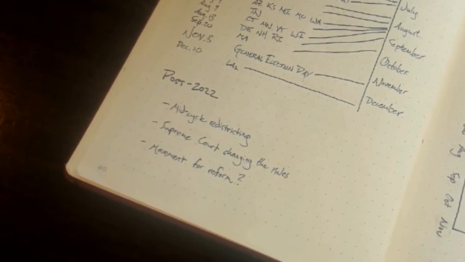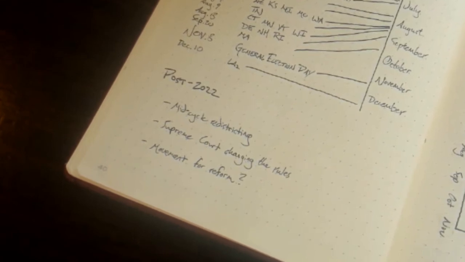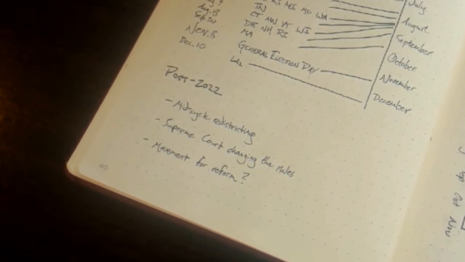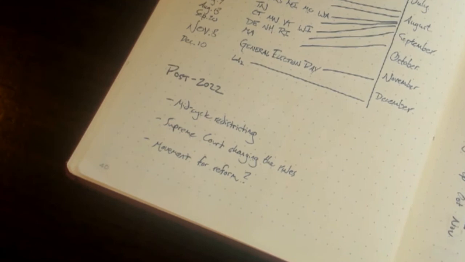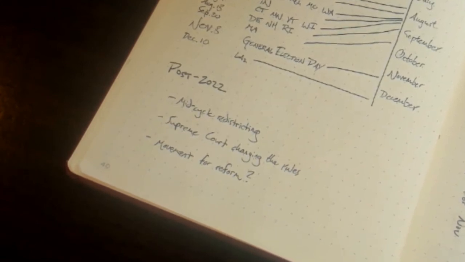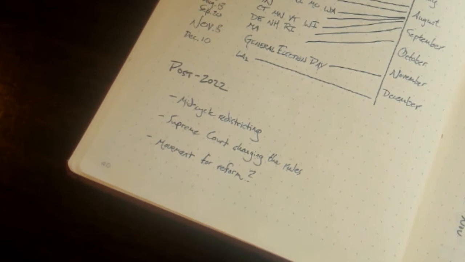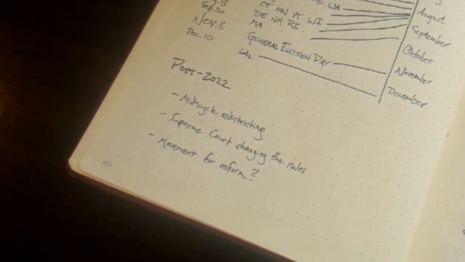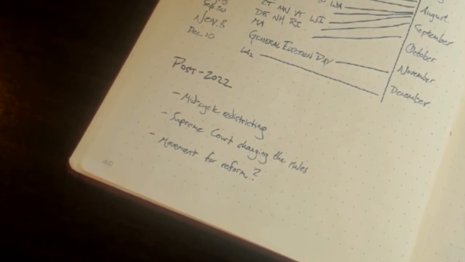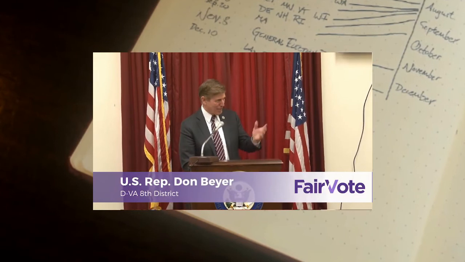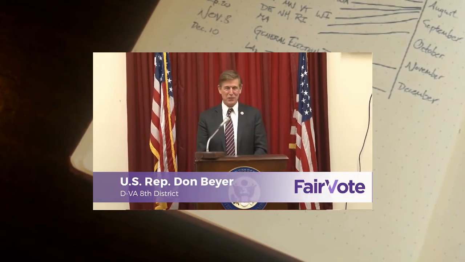In the United States, the systems that privilege some voters over others, that force us into a zero-sum two-party system, and that reward corrupt practices like gerrymandering rather than campaigning and organizing, they are all downstream of the outdated winner-take-all rules that underlie our elections. The alternative, proportional representation, is getting more attention. Representative Don Beyer of Virginia has proposed a bill to adopt it for the House of Representatives,